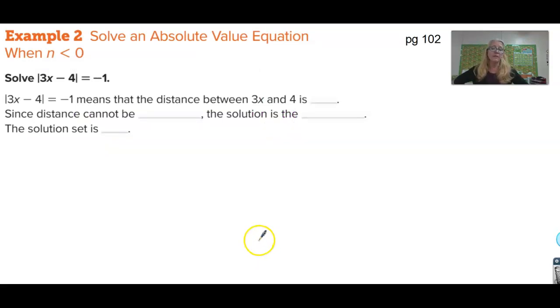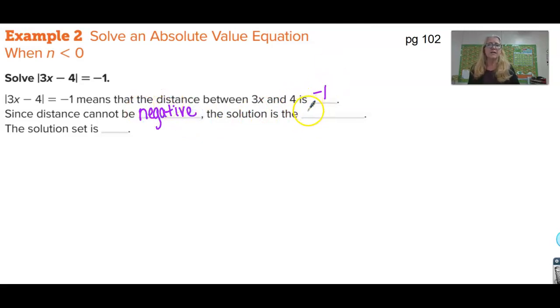All right, now here we have a problem. See, we've got some stuff in an absolute value sign, and it claims it's equal to negative 1. But I just told you that absolute value signs make everything positive. So this is broken, okay? Negative 1 means that the distance between 3x and 4 is negative 1. Since distance cannot be negative,